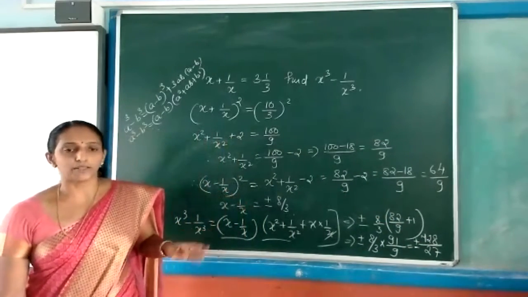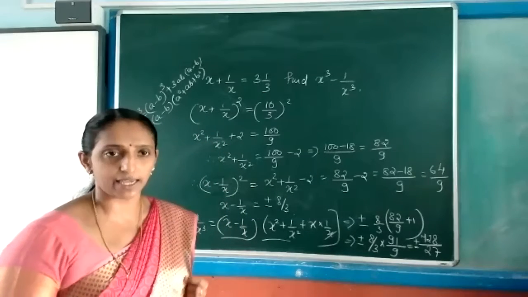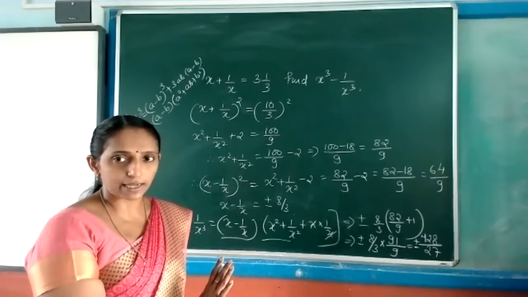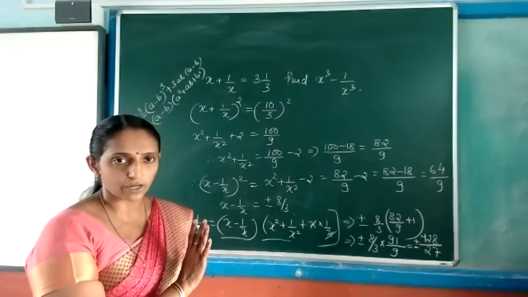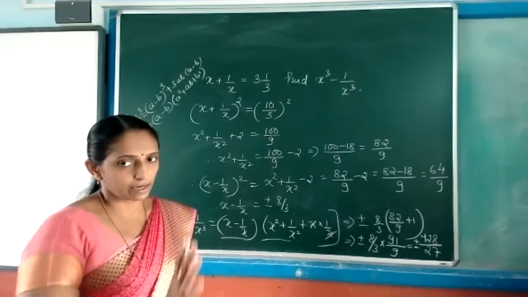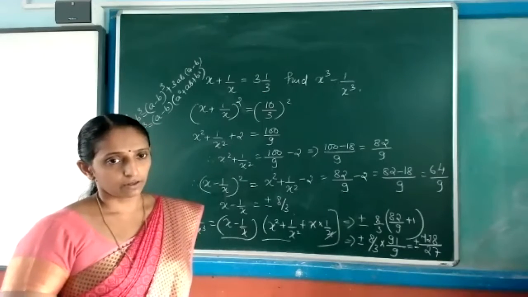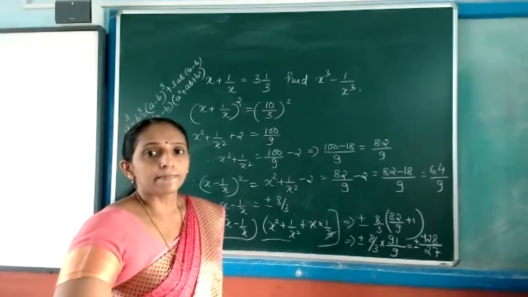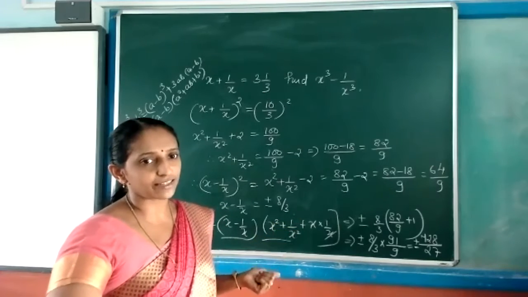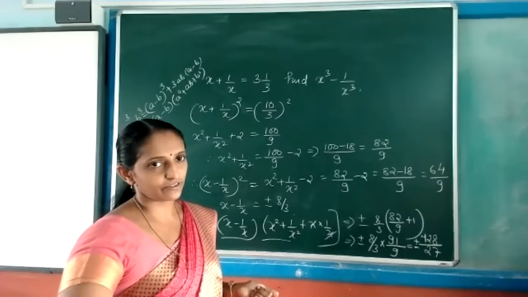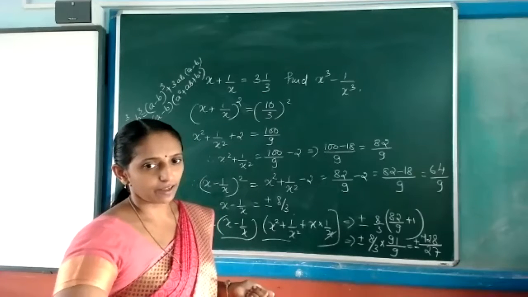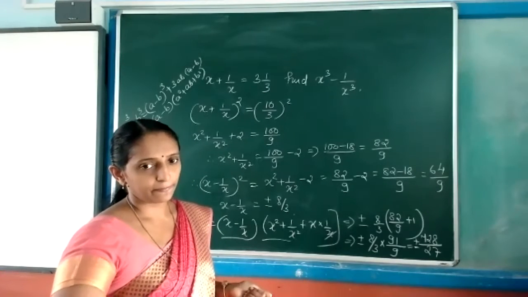So in the case of plus or minus sign, no need of splitting it. Directly you substitute the plus or minus sign in the beginning and write the value. That's all. Simplification is not required. The final answer is required, either it is not asked. Okay? Clear? So that is the answer nobody got: plus or minus 728 upon 27.